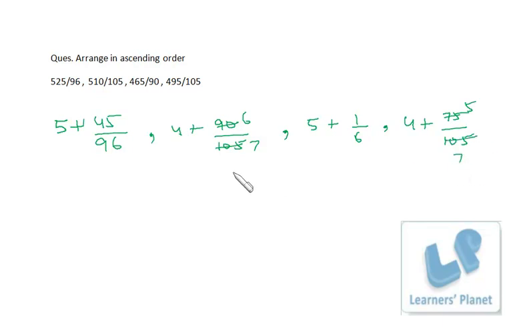Okay, now do I have to tell you how to arrange the numbers in descending order or maybe in ascending order? This is the biggest number, this is the second, then the third and the fourth, right? Because we have two numbers of 5 plus, but this is 1 by 6, this is almost 1 by 2, so this is bigger, right? Then from these two, this is 4 plus 6 by 7, this is 4 plus 5 by 7, so this is the smallest, we can say last, then this is second last, then this is third last, and this is the biggest one. Okay, now whatever order you wish, you can arrange.